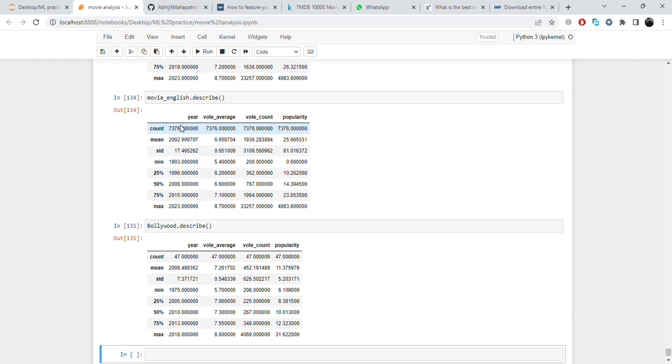Okay, here we compare the two datasets generated from the language of release, the English and the Bollywood datasets. We can see that there are 7,376 English movies, more than 73% of the total movies in this dataset, released in the English language, and only 47 movies released in Bollywood. Even with this small count of 47, compared with the English movies,